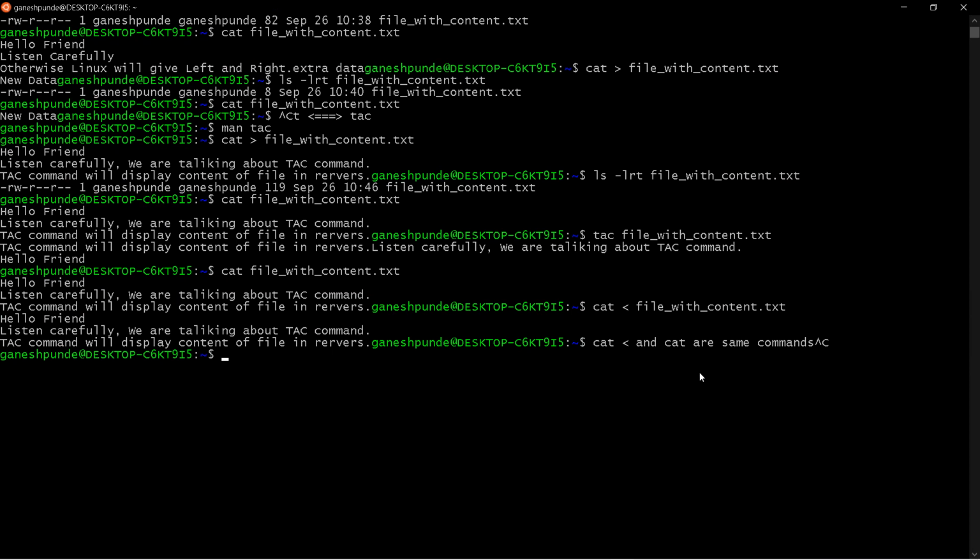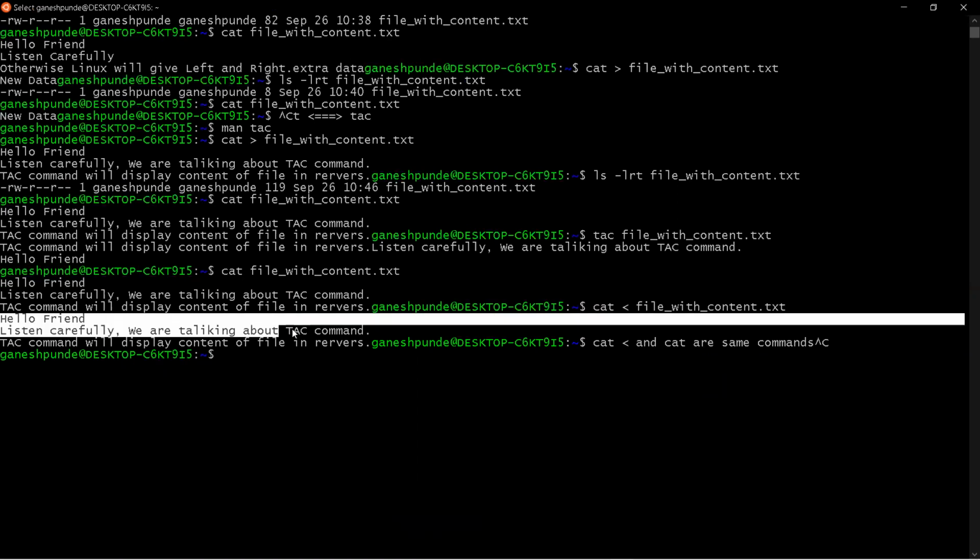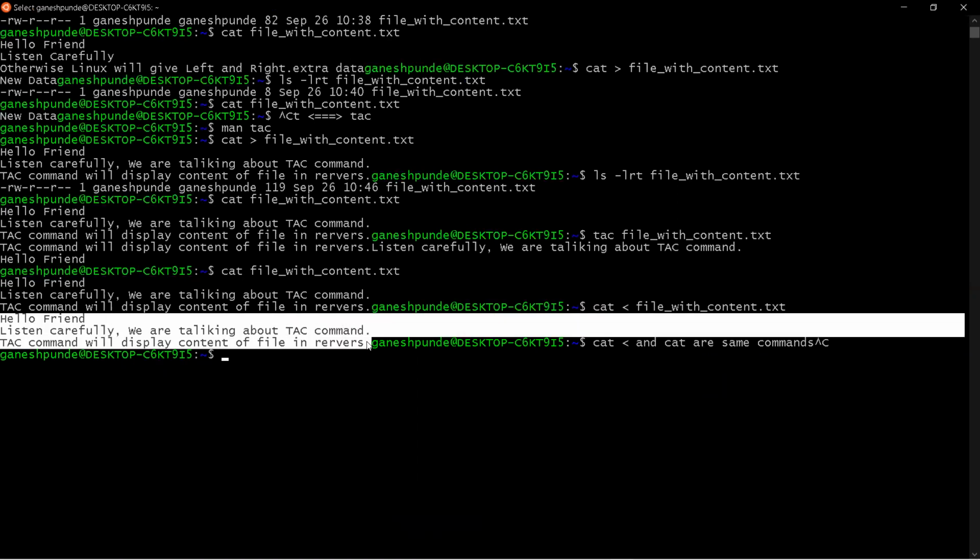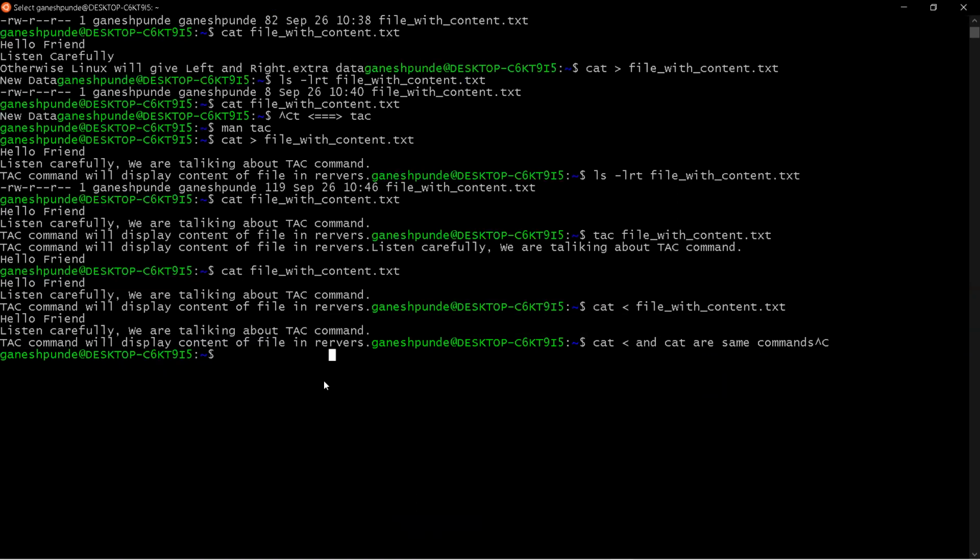Now, in some cases you want the output of the file in such a way that it displays the line numbers. For example, here in the file you have 3 lines, right? In some files you have millions of lines, and you know the line number that you want to fix. How will you do that?